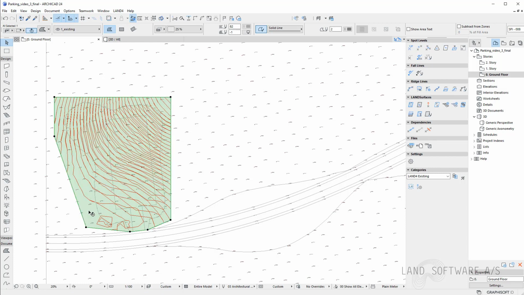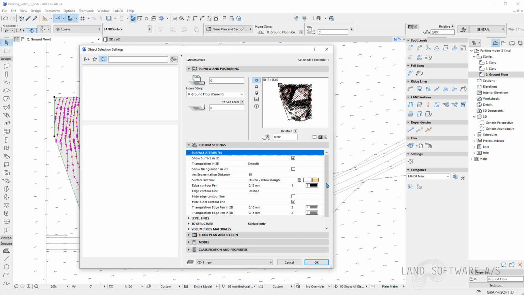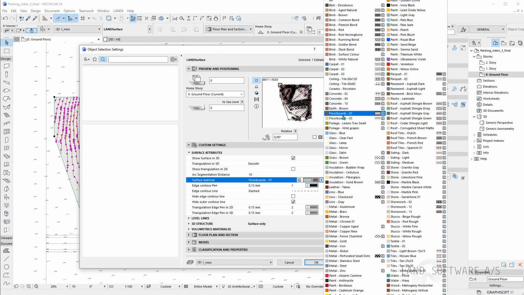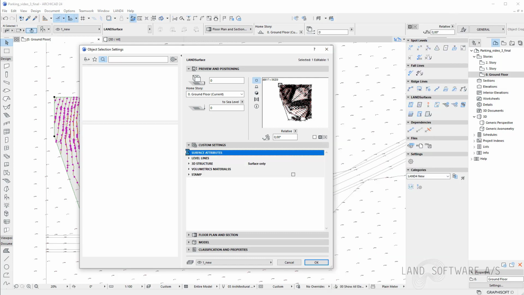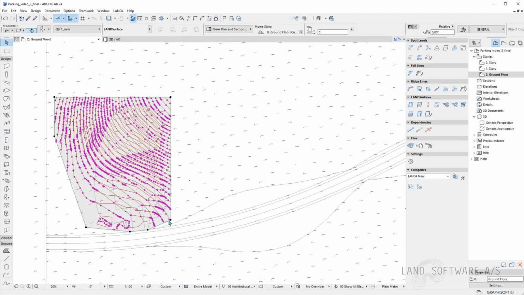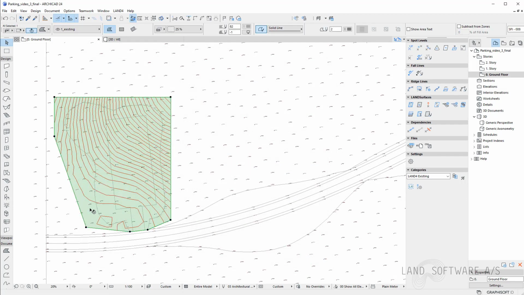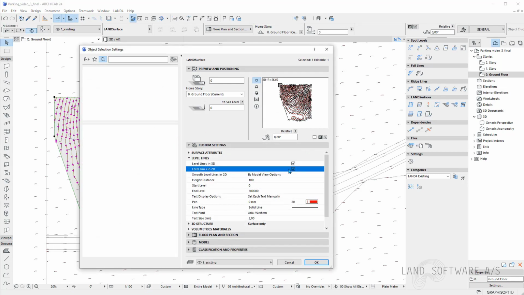So I can select and press tab and switch in between the categories. So maybe for the new, I will place a different color for the surface material, and I don't want the level lines in 2D. And for the existing, I can also take the level lines here.